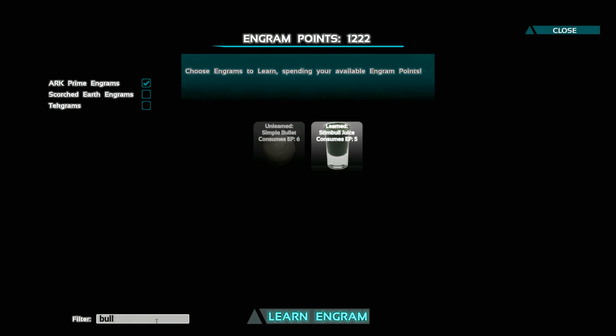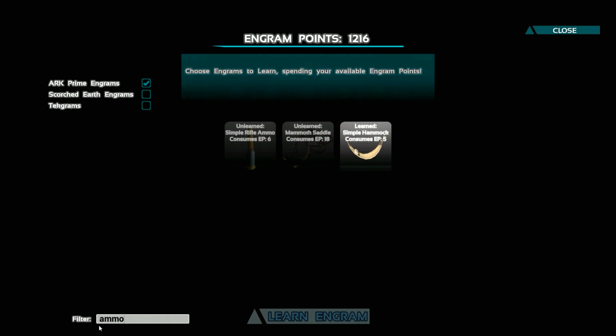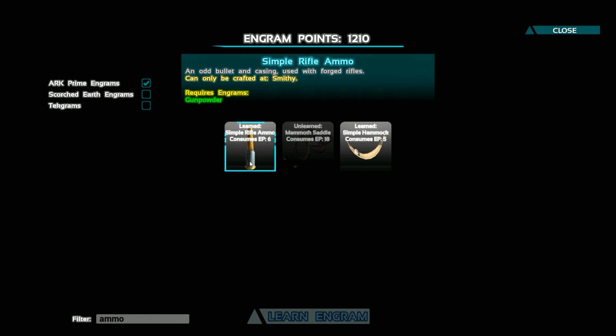Let's see. Well, you got the simple bullet in here. And is there any other kind of ammo? Oh, just simple rifle ammo. Okay. Hopefully we needed to learn that. Oh, I never made a hammock in this game. I should. It's the alternative to the bed. Okay, so